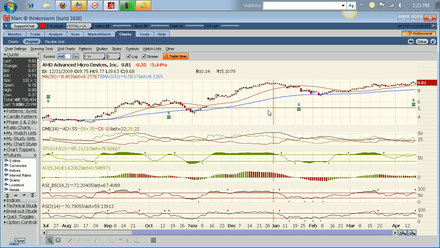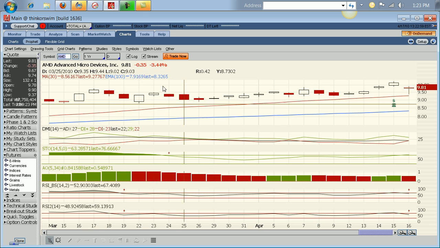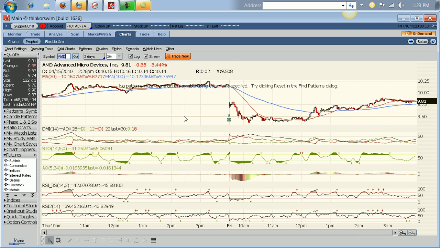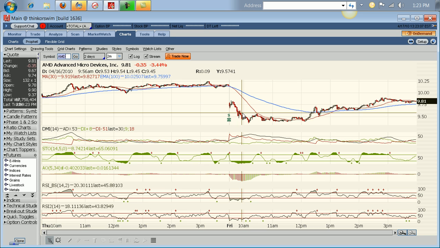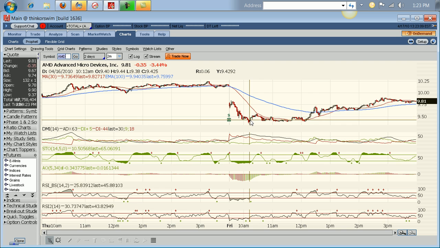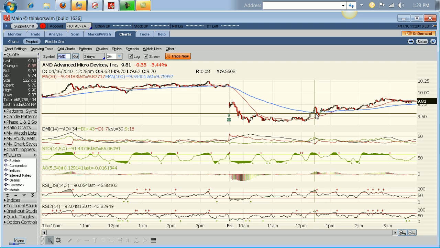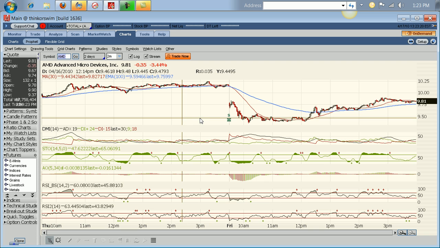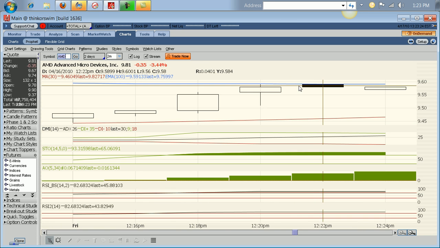So what happened, you can see that Advanced Micro gaps down. Let me see if we can find the 2-day here. The 2-day, it gapped down, as you can see nicely here. We continued down, a bear flag, continued down, sideways. Then it gave a little pop. I was watching this a little bit to make sure it didn't go further, but I wasn't too worried about it. But this is when we had that intraday pop right here when Kramer came on spouting that Goldman Sachs